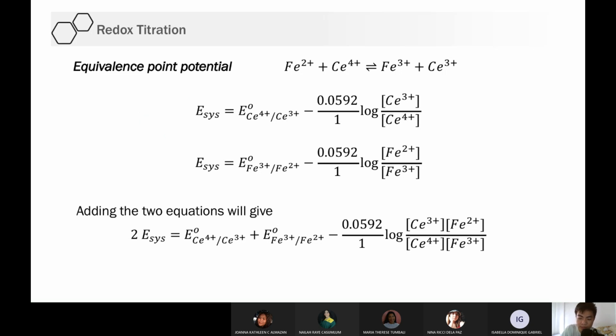Okay? So, di ba dapat ano to? E cell. Ito, dapat E cell yan, di ba? So, ngayon, sabi nga natin, pag redox titration at equivalence point, the E cell are the E system. Yun na yung pinagsama na. No? Okay, so kaya ganyan yung nilagay ko. E system. So this is the Nernst equation for the reduction. So let me write the equation for the reduction.